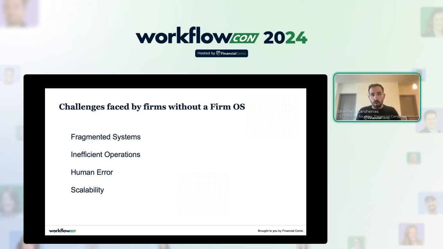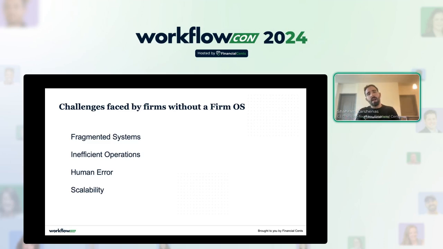But as you try to grow, if you don't fix these issues, you lose visibility. Things become disorganized. Things slip through the cracks. Clients get upset. You lose clients. Growth starts to stutter. You're stressed out because you don't know where anything stands. And this prevents you from being able to scale.